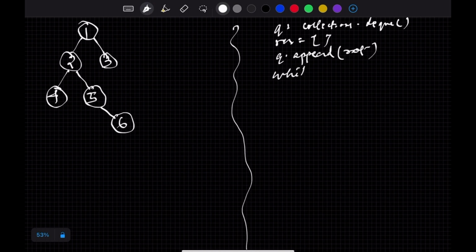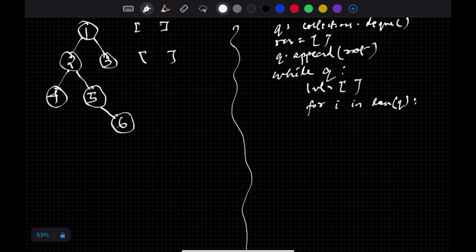Then while there is a value in the queue, we would be determining our levels. Then we will run a loop for the items that are in the queue, and we will pop the items from the queue,